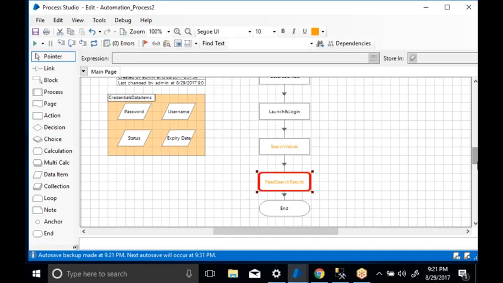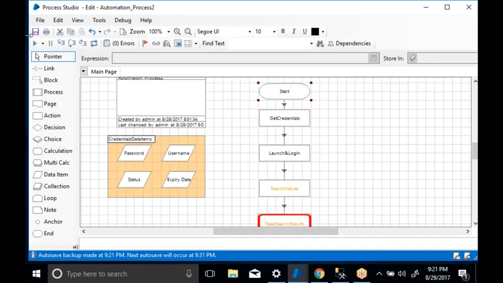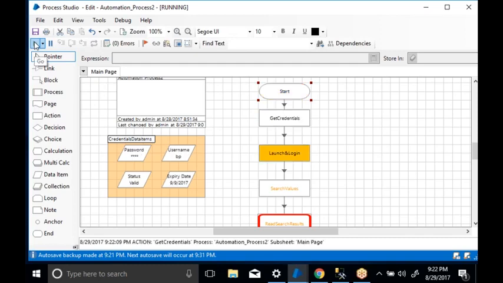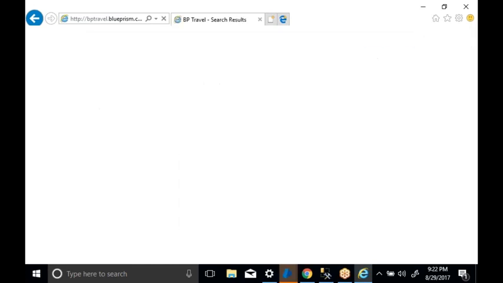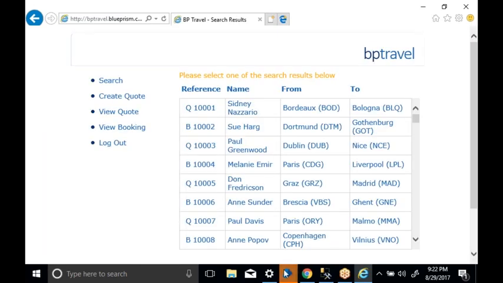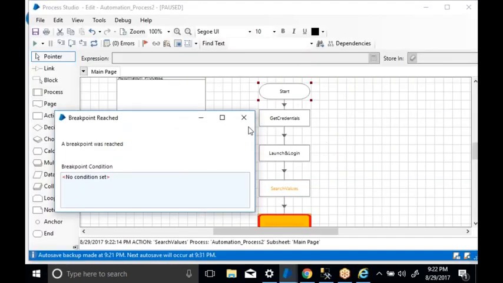Once you set the breakpoint, you can directly click the play button from here, and it will keep executing continuously until the breakpoint. Whenever the breakpoint comes, it will stop there. From there you can do the debugging one by one, with F10, F11, or something else. Now if you press here, it launched the application and set the value, and you can see it stopped at the breakpoint.